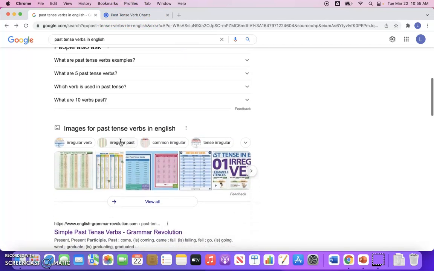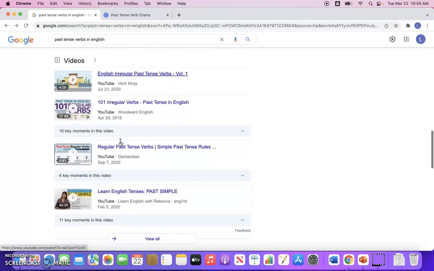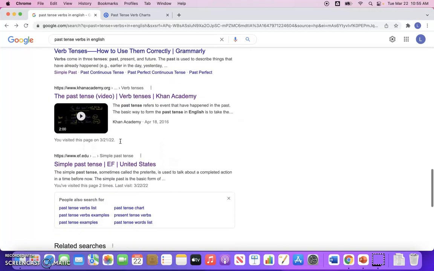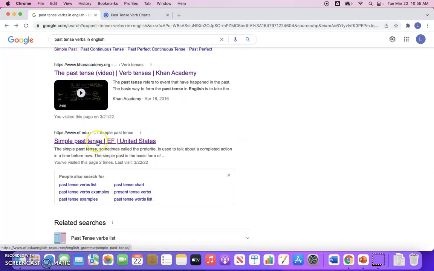And we also want to open this third page down at the bottom that said simple past tense. So let's open this. And again, you'll see that now, if you look up here at the top, you can see the title of this web page.